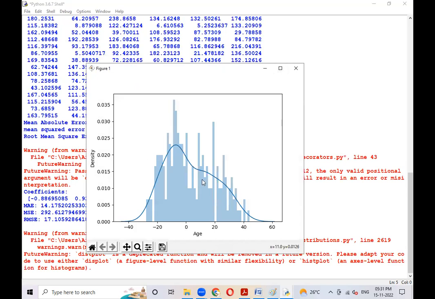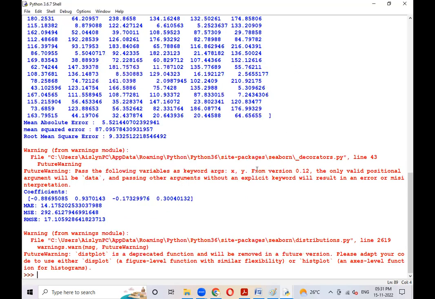So next is density versus age. Like this, we are going to plot the graphs, and these are the mean absolute error, mean squared error, and root mean square error values that will be computed for logistic regression and